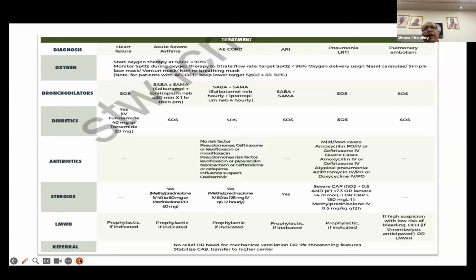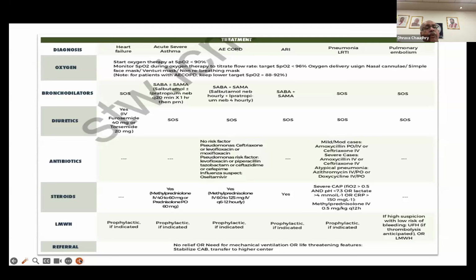SpO2 is very important. There you maintain around 94 to 96. Whereas in patients of AECOPD, we do not overdo oxygen in any chronic lung disease. We try to keep it around 88 plus minus 2%. That is good enough, so 88 to 92, 90 plus minus 2, we don't go beyond that. And the patient starts feeling better. How do you assess that? Patients become a little better in terms of breathing. The pattern of hurried breathing becomes a little gentler. Respiratory rate falls down. Heart rate starts settling down. And the patient feels at ease.